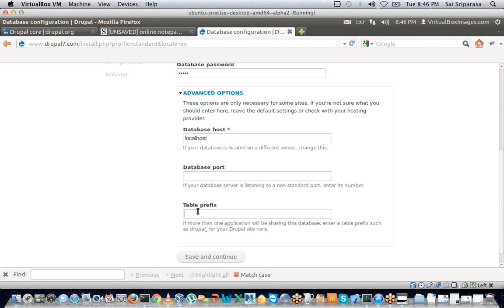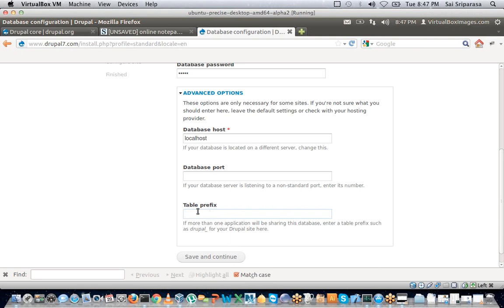Assume that you have one Drupal application which has e-commerce information, and you have another application which has, I don't know, boutique information. If, due to lack of permissions, you are using a single database for everything, at that point a table prefix is required.